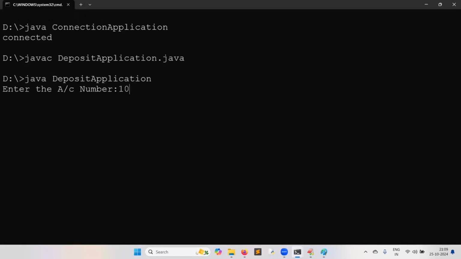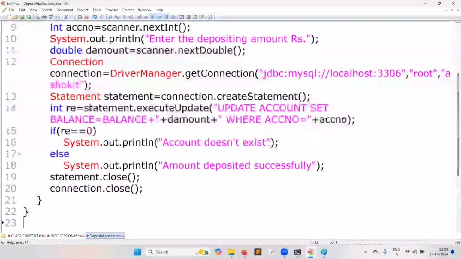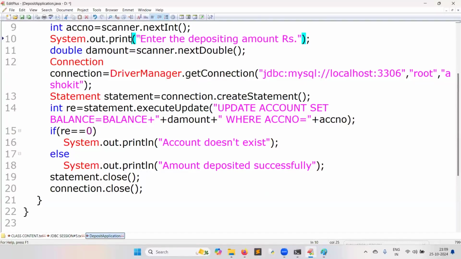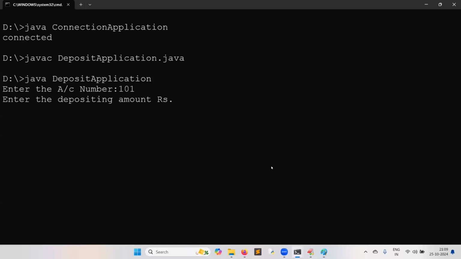Enter the account number, 101. Enter the depositing amount. See, the cursor blinking in the next line does not look nice. That is why I will use print only. Very good. Say 5,000.